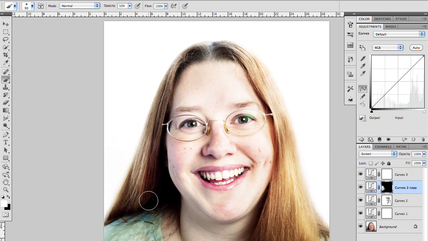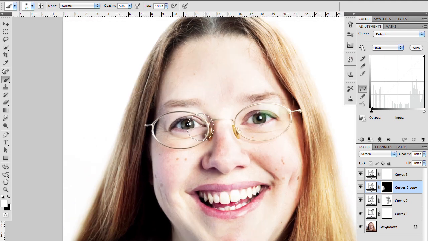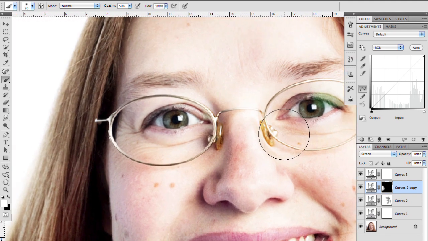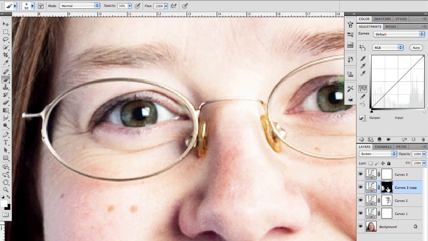So just to try and bring back some detail where it's lost, because that high contrast boost will tend to push things over the top towards white, or over the bottom towards black. The final thing I think I would do on this image is, I'm just looking at these eyes and they look a little bit dark to me, so I think what I'll do is, also using that second brightening layer, the one that we filled the layer mask with black, again with white as my foreground colour,